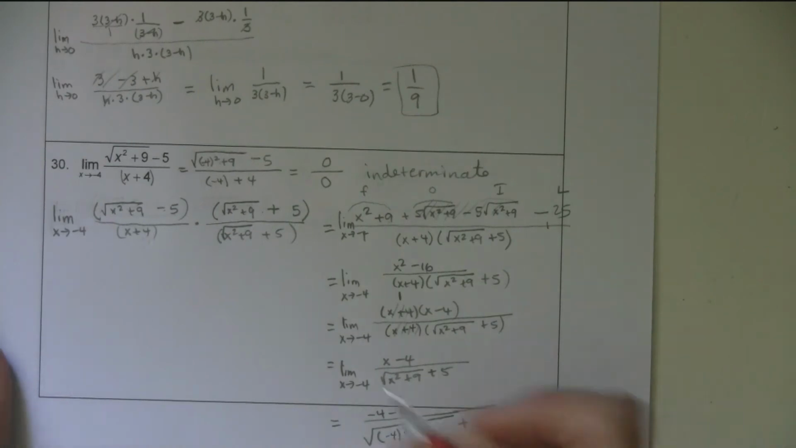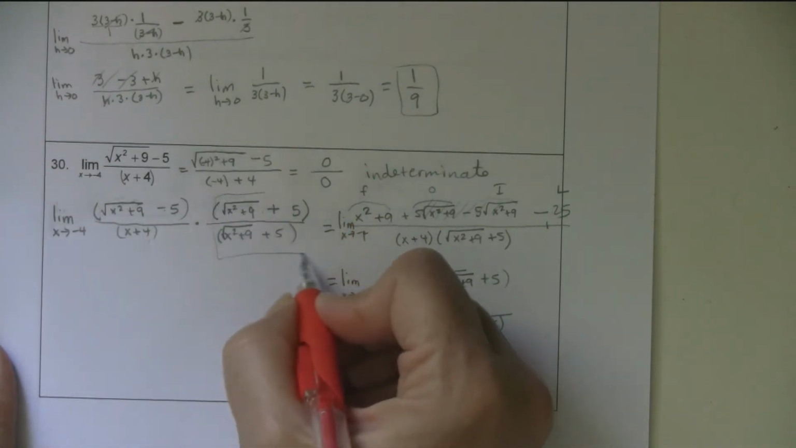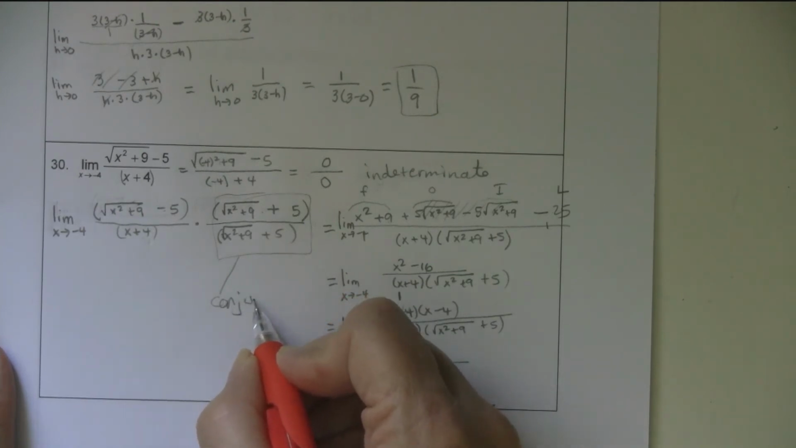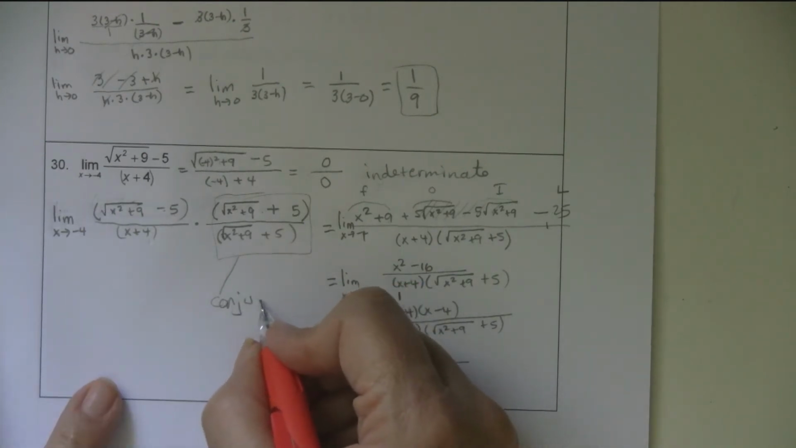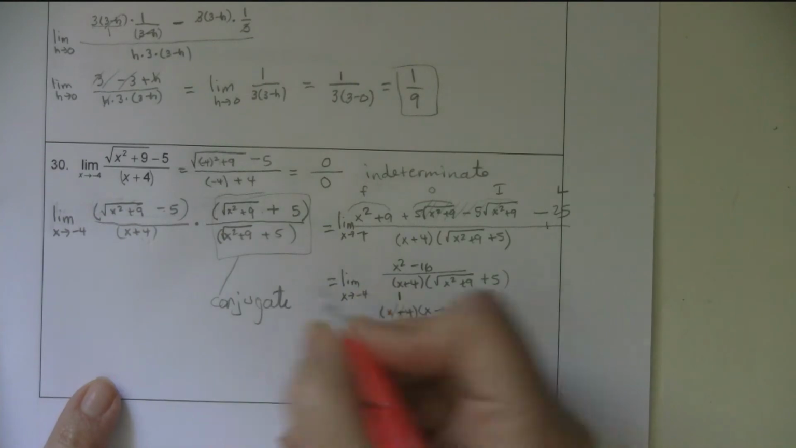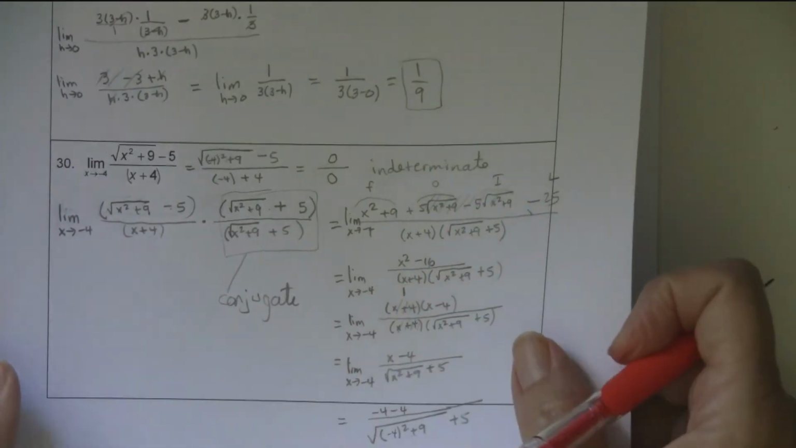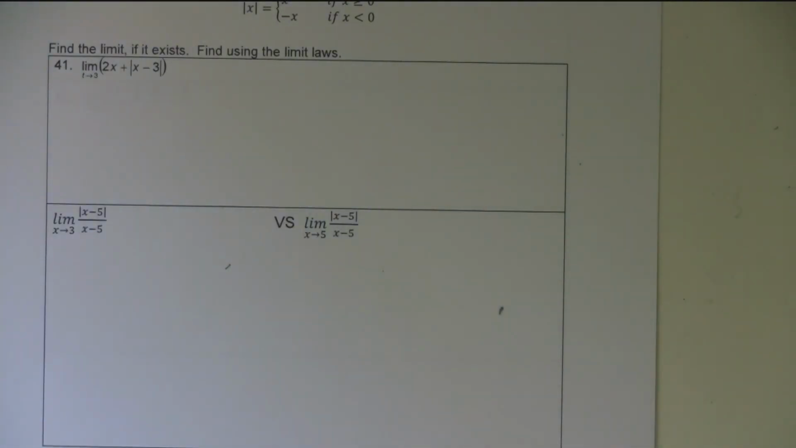So we did a lovely job on that one. We multiplied by the conjugate. So right there is the conjugate. Good. I think that's how you spell conjugate. I might have to look it up. Okay, so